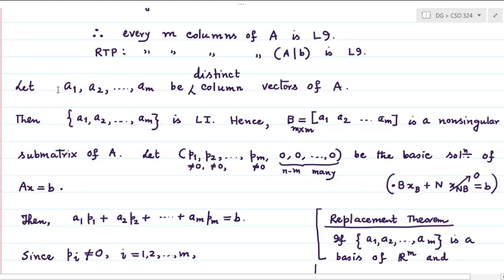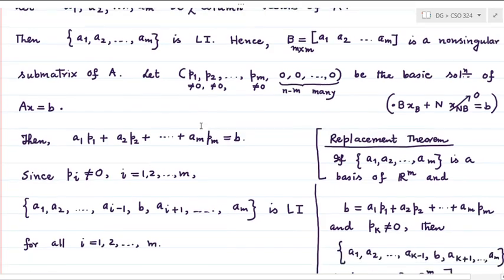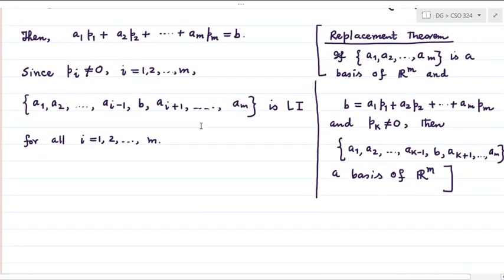And as these m vectors were arbitrarily chosen m distinct columns of capital A, you have now proven that any set of m column vectors of the augmented matrix